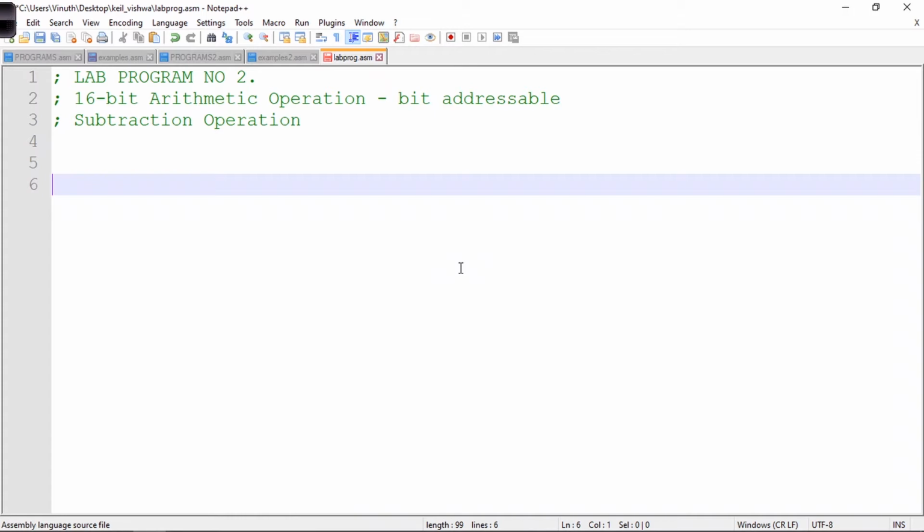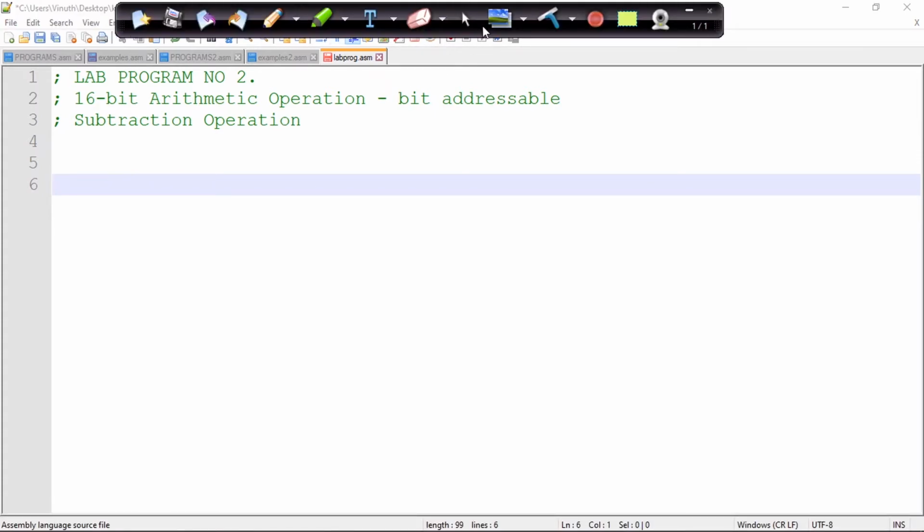What is the basic working principle over here? In the previous lecture we said that I'll be making use of my P0 port, my P1 port, and then my P2 port.